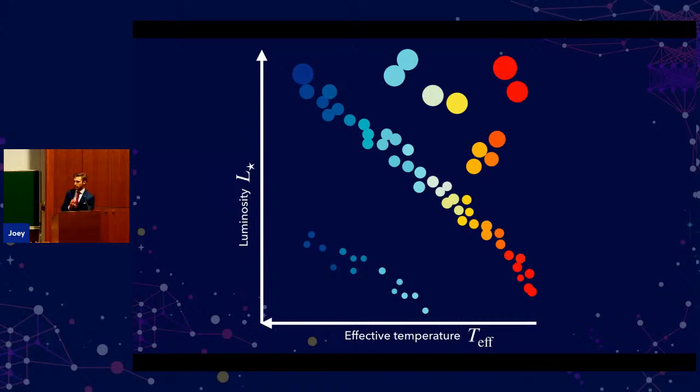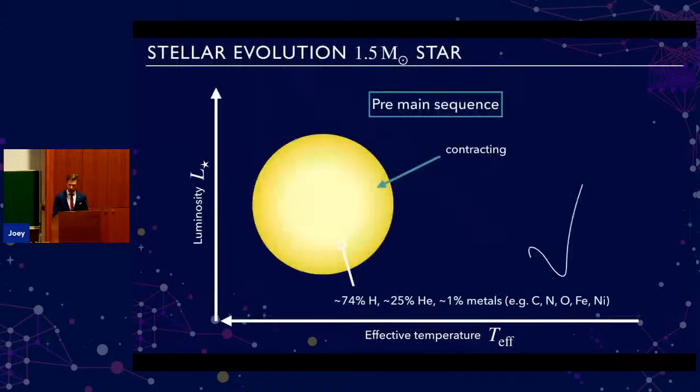Stars drive the chemical evolution of our universe. They are the host of exoplanets. And so to understand how a universe works, it's important to understand how stars work. So let's first start with an intermediate mass star. I studied intermediate mass stars during my PhD, which are stars that are slightly heavier than our own sun. So first, we're going to look at a star that's 1.5 times the mass of our own sun.